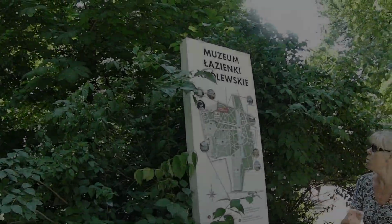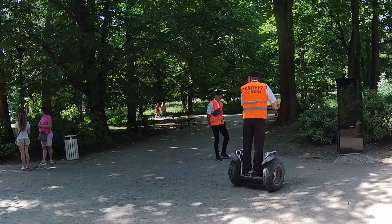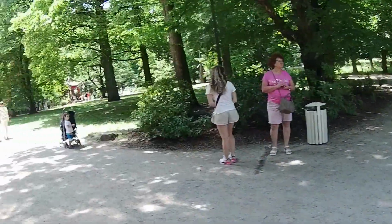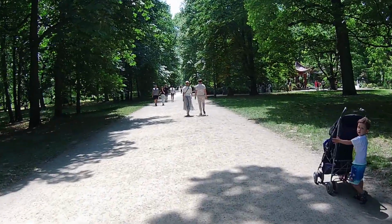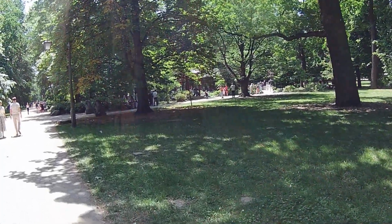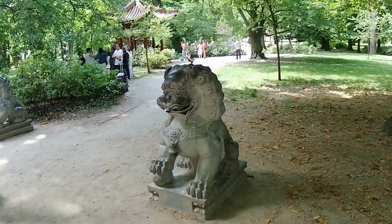So let's take a walk around because there are various sculptures and there are various circus performers, entertainers. Who knows what tricks the orange-coated man is going to be performing. Oh, that's right, he's security. Oh, no. This is a Chinese garden, or...